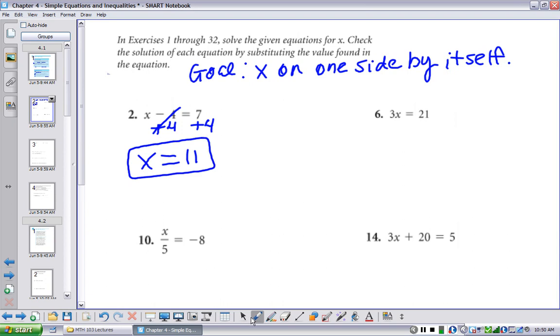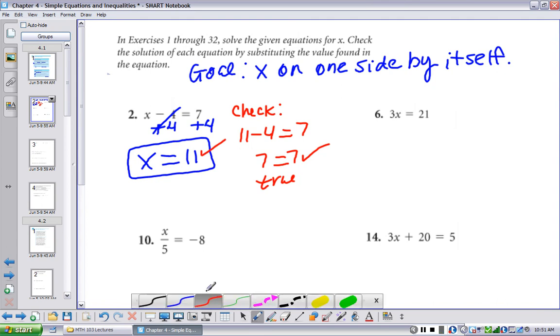Now, is this really my solution? Well, let's check. We go back to our original equation. We put in 11 for x. 11 minus 4 equals 7. Is that a true statement? Well, 11 minus 4 is 7. 7 equals 7. Whenever you get a true statement back, then the solution checks. It is the solution. Okay, that's what they mean by check your solution. Go back into the original equation, substituting what you found for x in there,